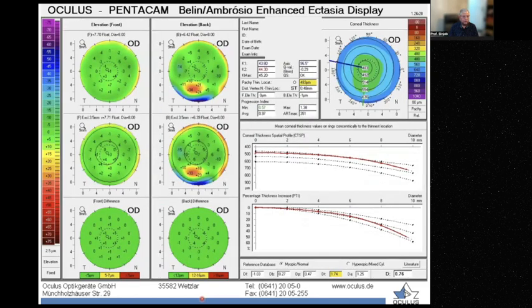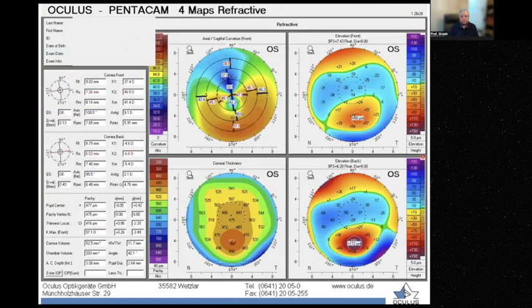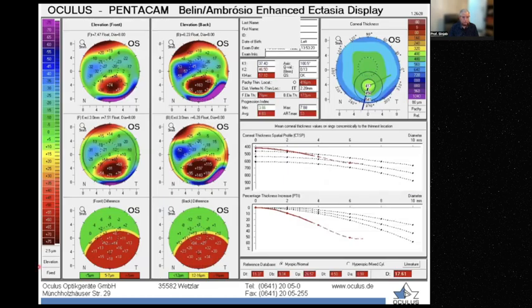Look at this. This is the left eye. Pellucid marginal degeneration. Look at the thinnest locations, down, bulging, down. So this is pellucid marginal degeneration. In pellucid marginal degeneration,